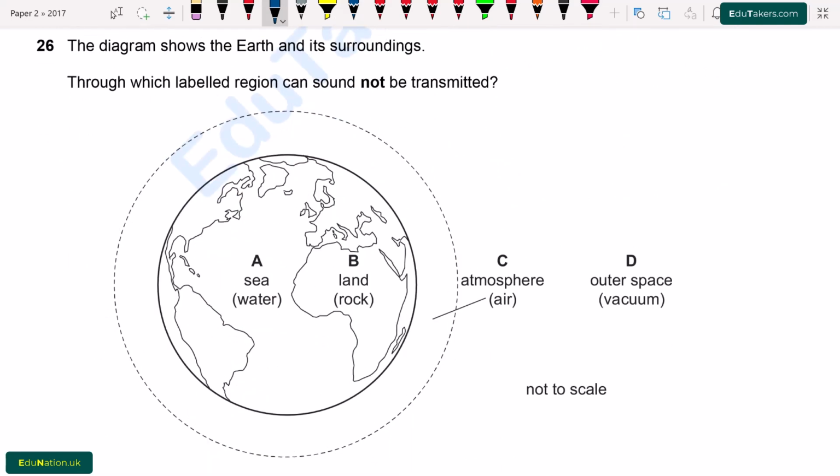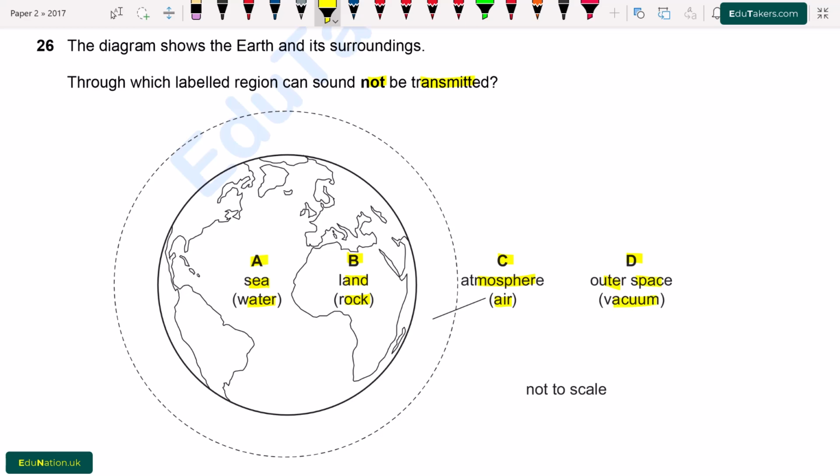Question number 26. The diagram shows the earth and its surroundings. Through which labeled region can sound not be transmitted? So there are different regions A, B, C and D. A is seawater, B is land like rocks, C is atmosphere and here is air, D is outer space